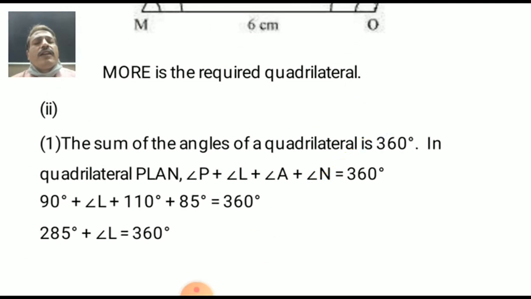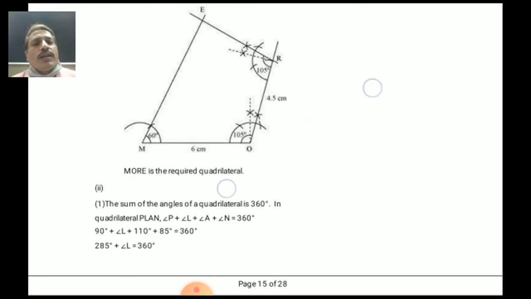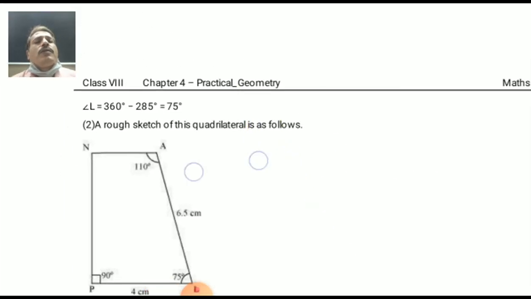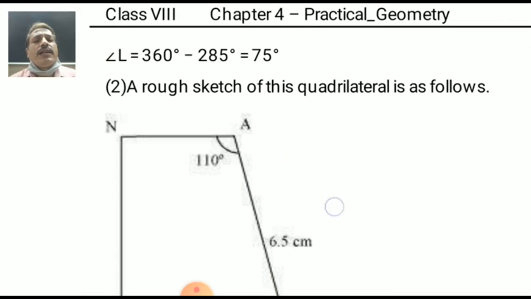Second one is a quadrilateral, 360 degrees already given. We can find out the other angles. Angle L also. Yes. Quadrilateral angles sum property is 360 degrees. All angles sum is 360. 3 एंगल का दिए तो चौथा एंगल भी आप ढूंढ सकते हैं बेटा. Yes, very good, very good, very good. With the help of this one, we can find out the angle L is 75 degrees.